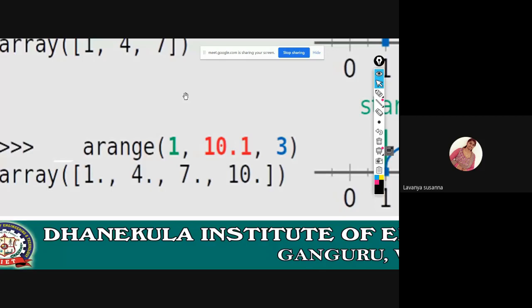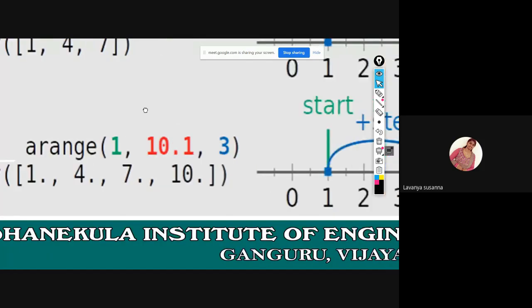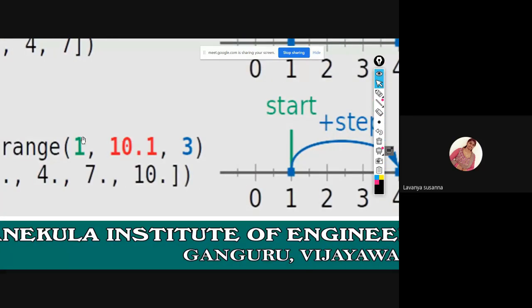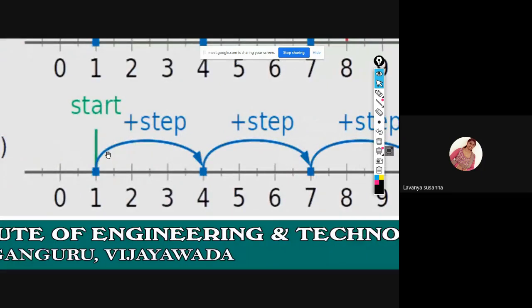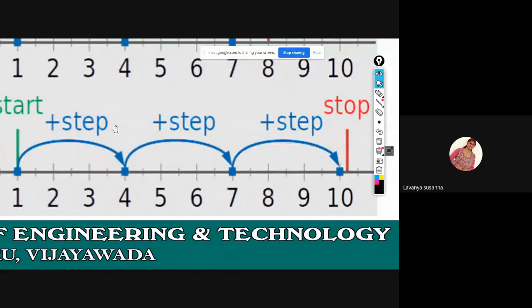Now, next, arange of 1, stop value is 10.1, 3. What will you get? See, start value is 1, stop value is 10.1, and step value is 3. 1 plus 3, 4. 4 plus 3, 7. 7 plus 3, 10.